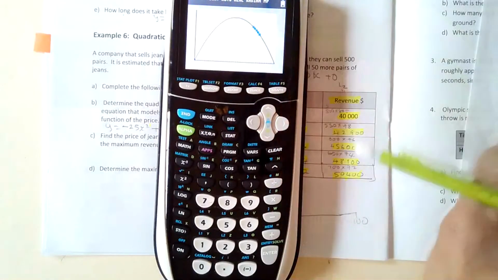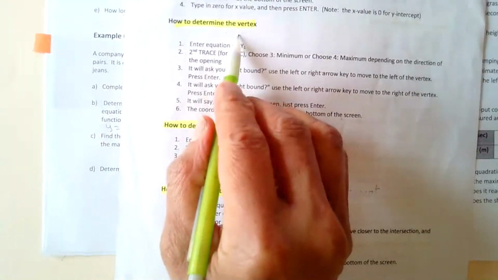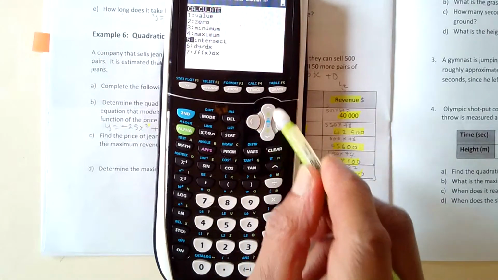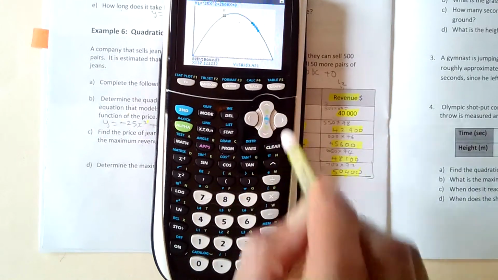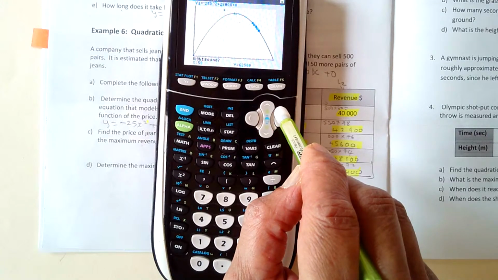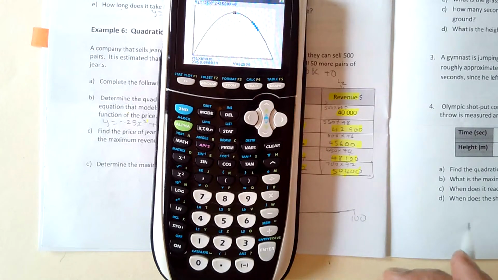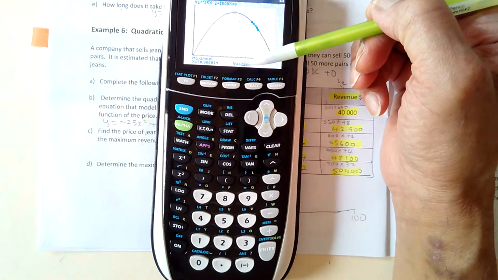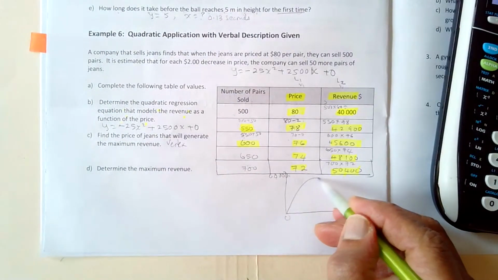To find our vertex, we're going to look at the instruction sheet on how to find a vertex. Second trace, maximum, because we have a maximum here. Go to the left of the vertex, press enter, go to the right of the vertex, press enter again, and that should give us a vertex. So when the price is $50, the maximum revenue is